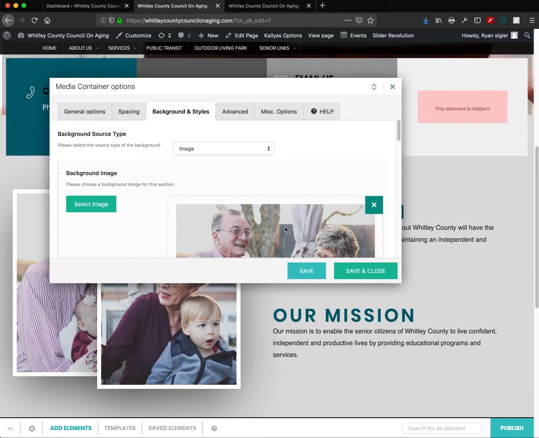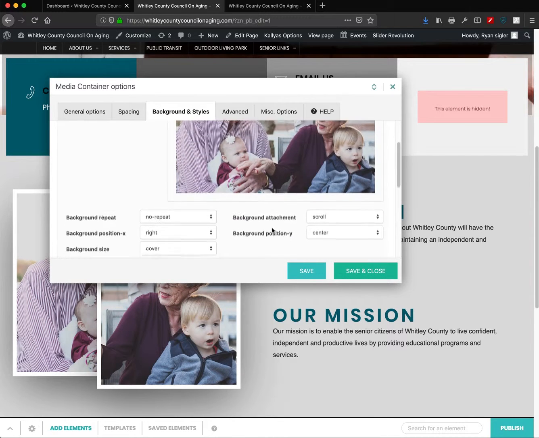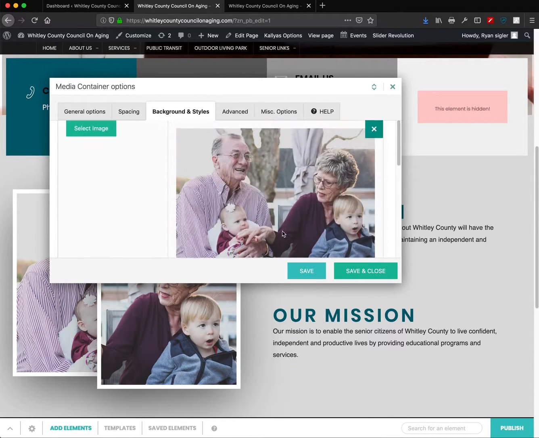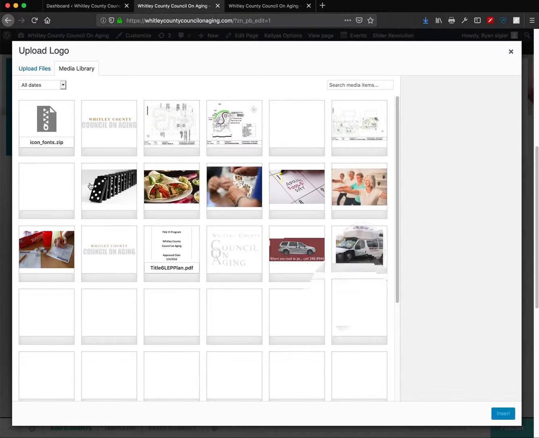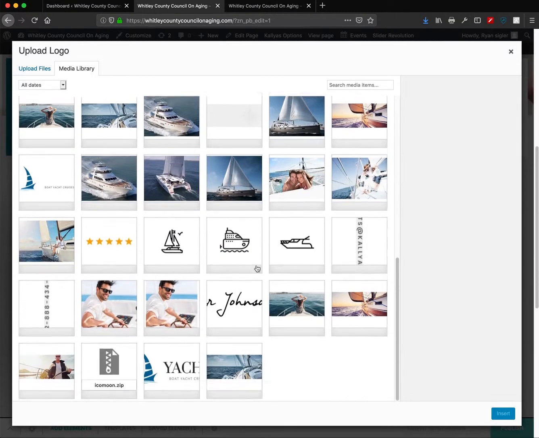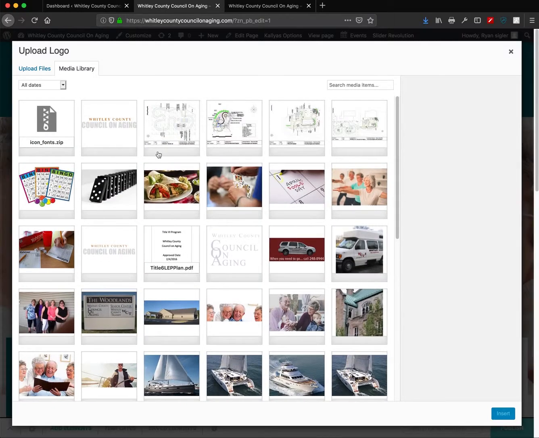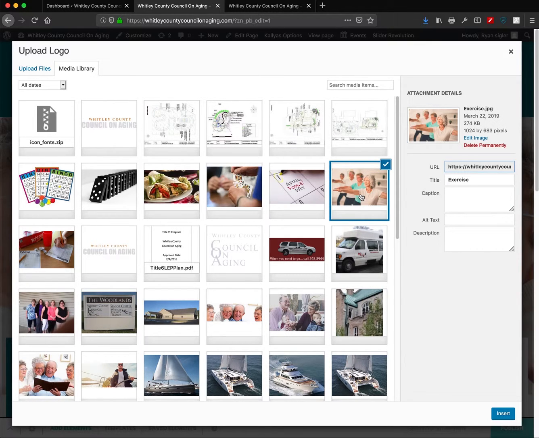So here is the element or the photo that it's showing. And what you can do is, if you want to change this out, is select the image you want. And you can go through the library here and choose previously uploaded images, such as this one here. Or if you would like to upload one from your desktop,